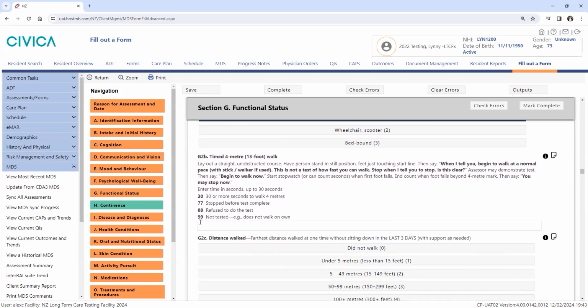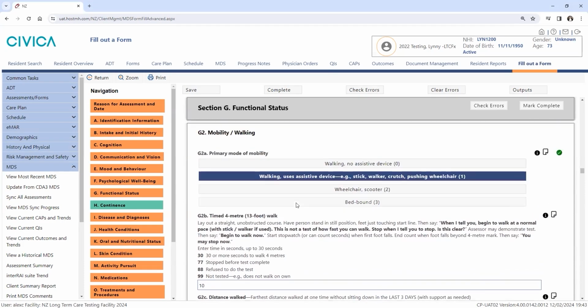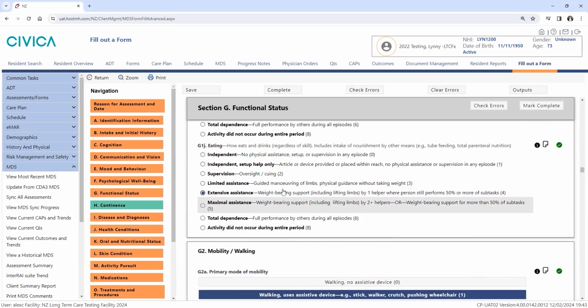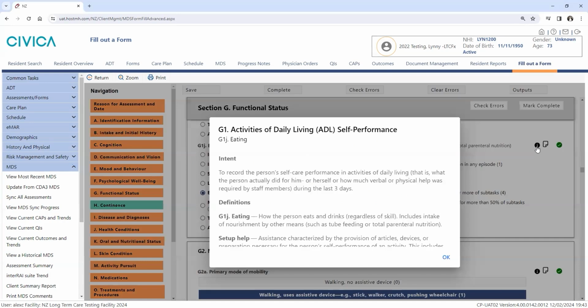The data entry items remain the same for the most part and require you to enter a relevant value, which is the same as you are used to as seen here. In the new SPA, you will also note that each coding item has a small eye icon to the right of the item. This is where you'll be getting your coding help. This is in replacement of the section help process, where you would have to scroll through the entire document to find the information you needed. When you click on this, it will provide a pop-up box with an intent, process, and coding help for that specific item.